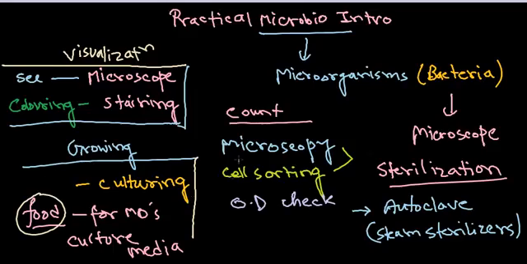So this is all about how to work with a particular bacteria or microorganism in your lab. You need to sterilize first all these things, whatever is in direct contact with your culture media or with your bacteria of desire. Then you need to visualize via staining and microscopy. Then you need to grow them in culture media, you need to count them, and then you need to do the rest of the job. But these are the major basic techniques you must learn as a microbiologist in the very first duration of your